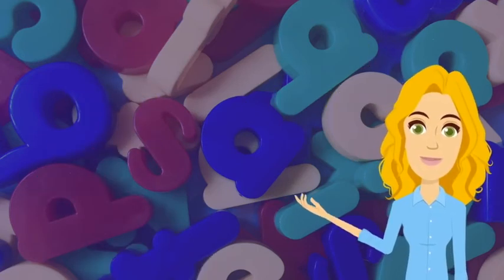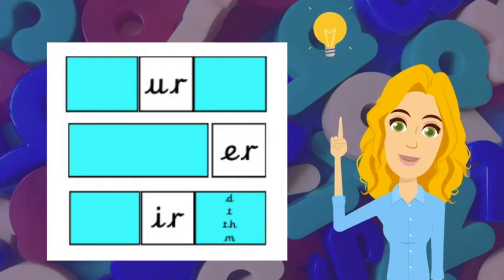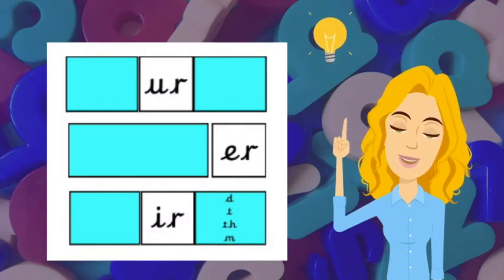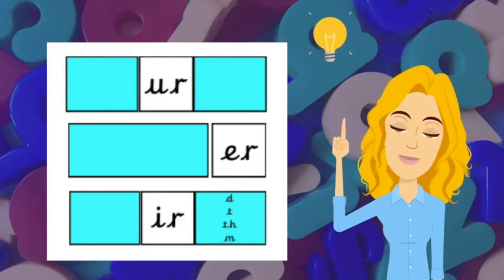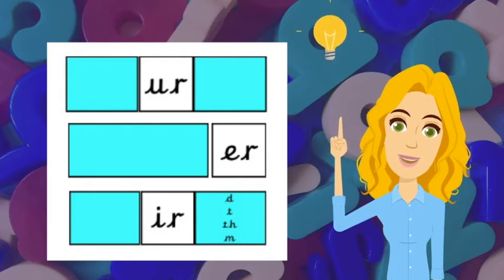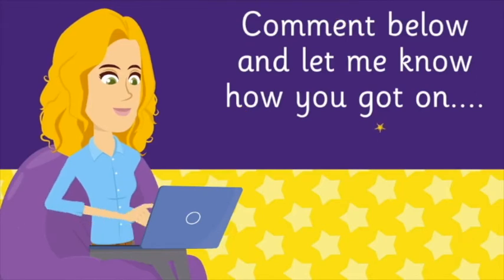So there you have it, 3 really simple rules for teaching the spelling alternatives for the phoneme or sound, which will help you to explain this tricky information spectacularly well. So to recap, UR is the most common way of spelling the phoneme or sound, and this is usually found in the middle of words. ER is also a common way of spelling the sound or phoneme at the end of words, and IR is used less often to make the sound, but it mostly is used when the sound is followed by a d, t, th, or